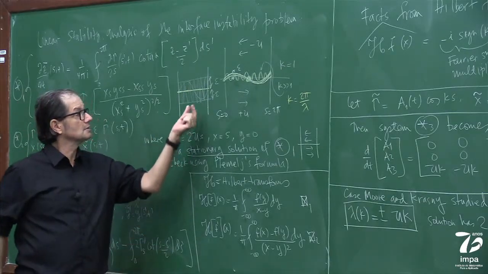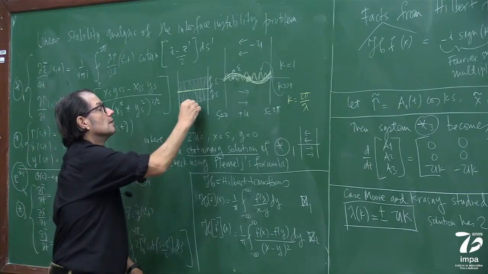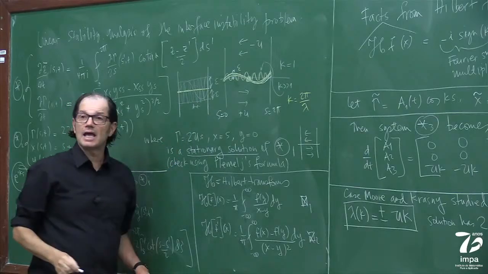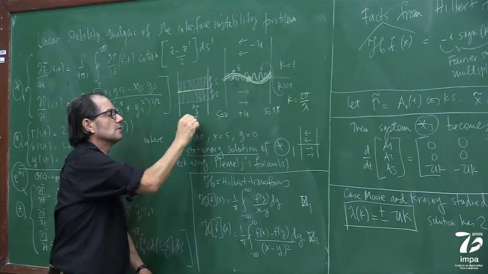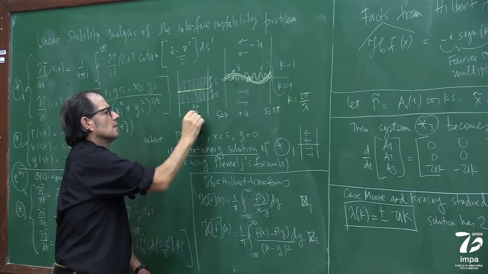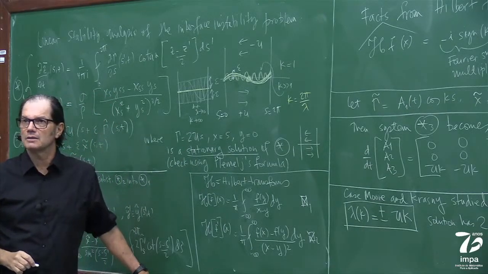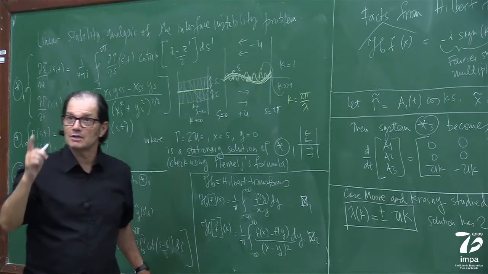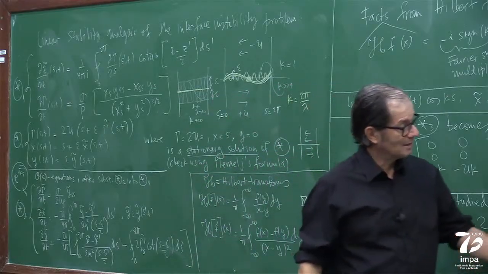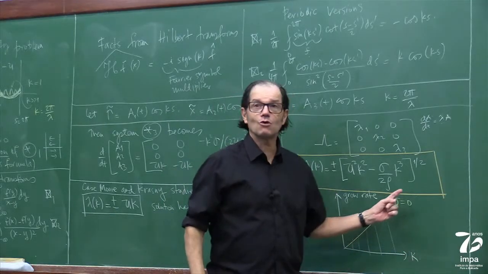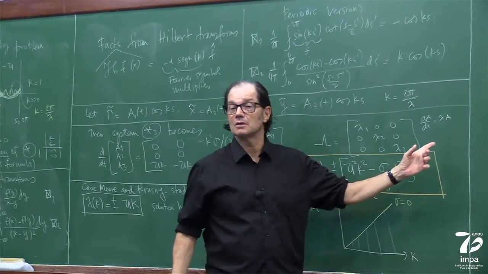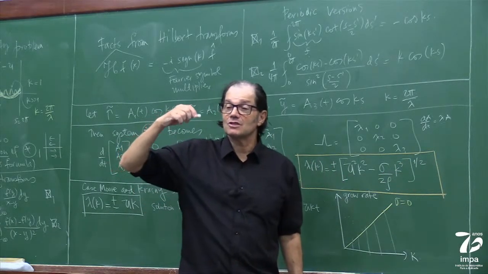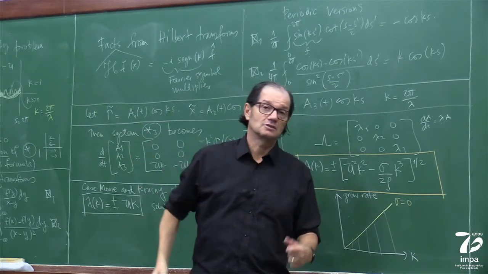k is 2 pi over lambda, oops, sorry. As lambda goes to 0, k goes to infinity. So I can see already, Lucas is already showing. So what happened? As k goes to infinity, the growth rate goes to what? It is unbounded, also goes to infinity. So the faster the perturbation is, the worse it is.